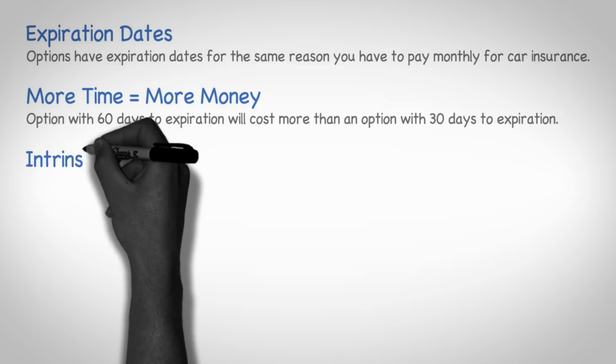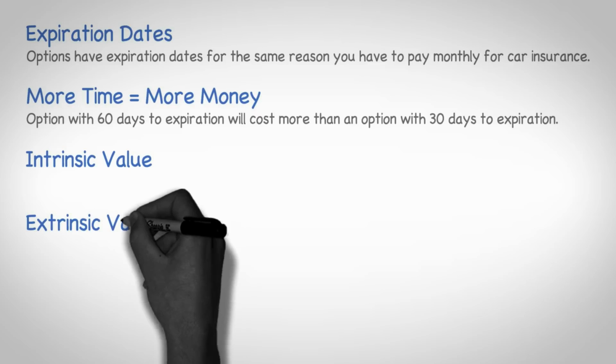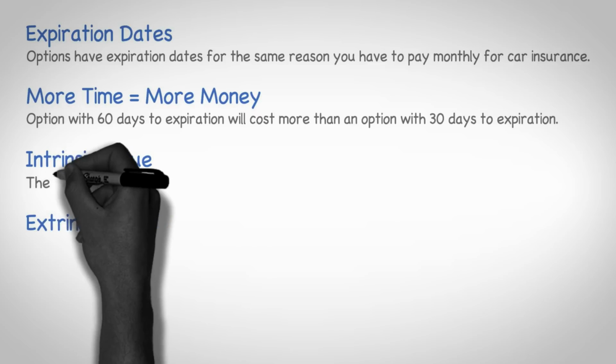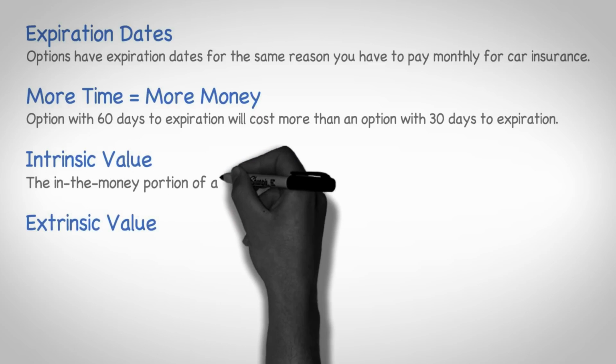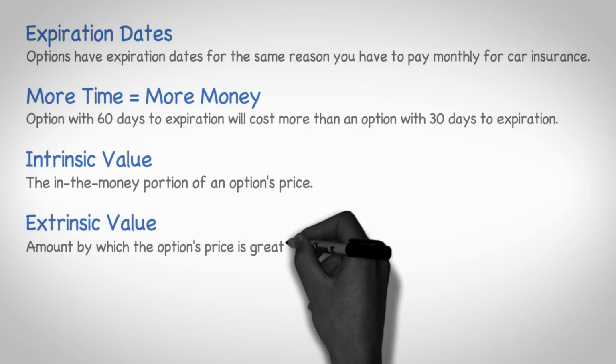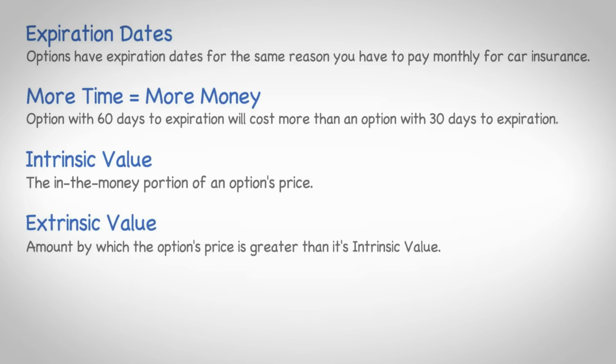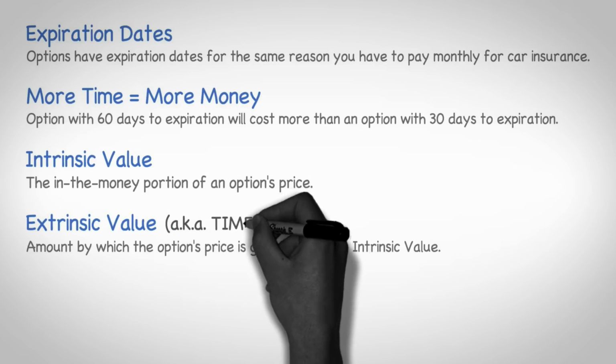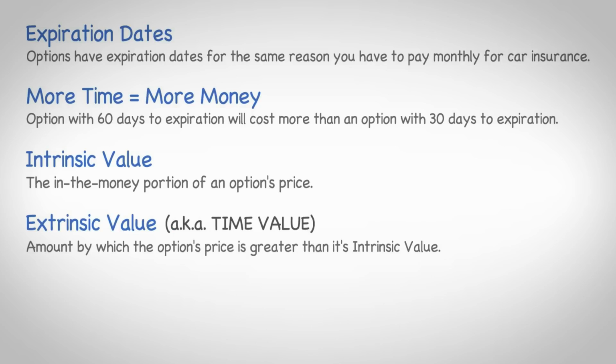You'll also learn about intrinsic and extrinsic value. Intrinsic value simply refers to the in-the-money portion of an option's price, and extrinsic value is just anything left over. Extrinsic value can also be referred to as time value, and remember, if an option has no time left to expiration, meaning it's about to expire, then it's going to have no time value left on it. It will simply be worth whatever its intrinsic value is. And lastly,